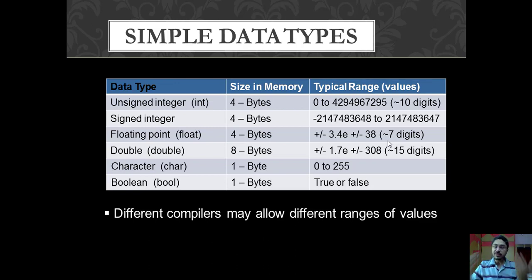But if you are not even satisfied with that range, then we can double the size of float using double. So this is nothing but a double data type. It occupies more capacity, more space in the memory. So it is nothing but 8 bytes. But the range it will cover is more. In the earlier case of float, it was covering only 7 digits. Now it will cover more than 15 digits. So that much capacity it has in the double.